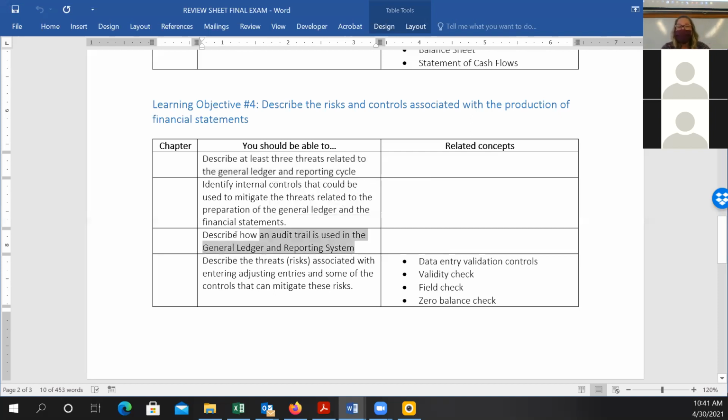We talked about this on Monday with the vouching and tracing. I should put that there. You'll have to write it in, but vouching is where you start from the top, looking at the account balance as a whole and following the transactions back down to their supporting documents. Tracing is where you start from the supporting documents and work your way up to the account or the general ledger. And how do those help promote